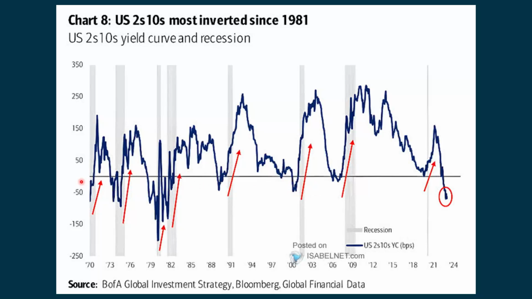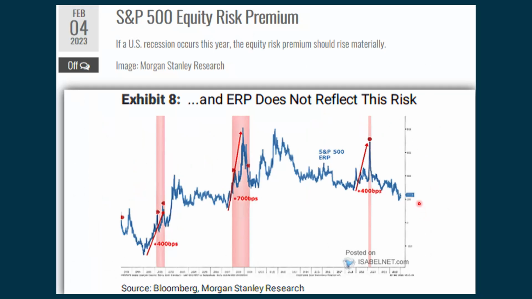And then going back even further, looking at this chart, even though the person who discovered this and made this really popular is saying that maybe this time is different, a lot of people are still suggesting that we could be going into a recession because this often predicts when a recession may occur. The equity risk premium, what we're looking at here is when we see a real spike up, that's denoting that there's a lot of risk in the market right now, and we're just not seeing that at the